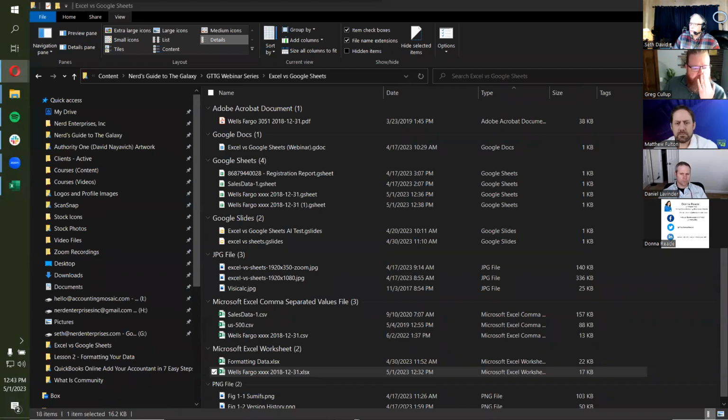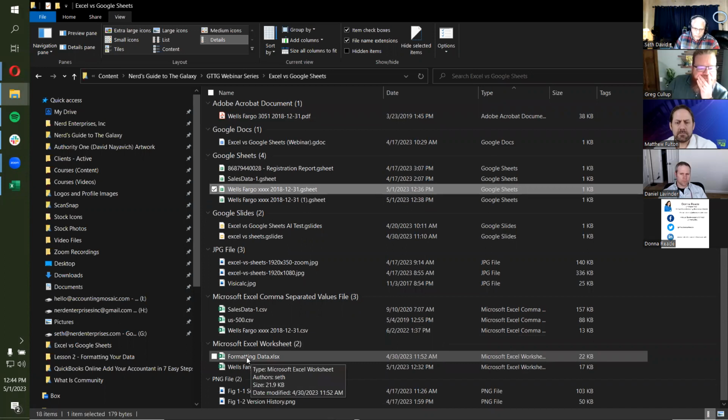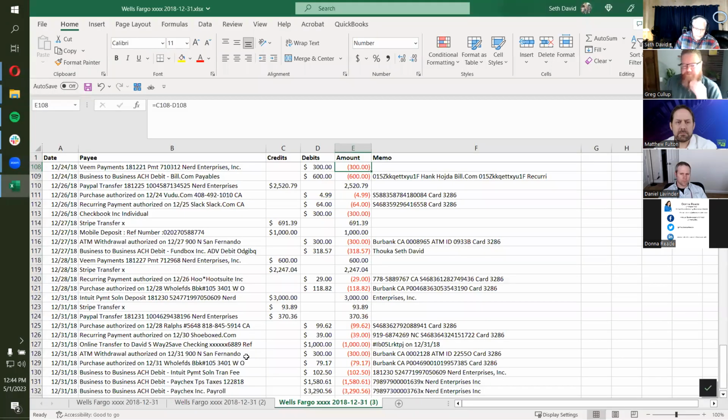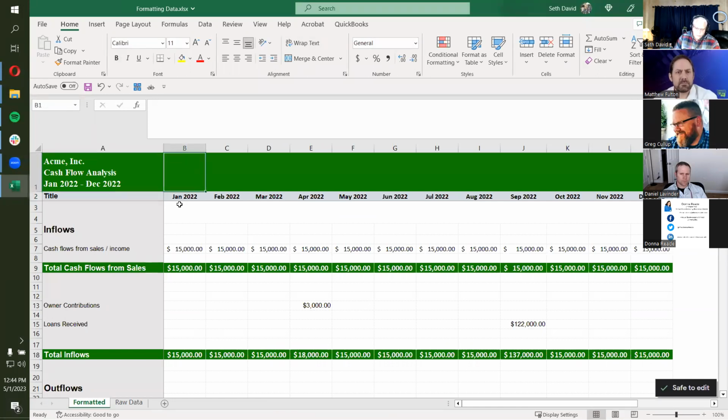And I'm going to open up something else on my other screen for quick reference here. Okay, we're going to look at the simple cash flow analysis now. And the purpose of what I'm going to do next is to talk about formatting a little bit. I'm going to open up this formatting data spreadsheet in Excel. Okay, and what I did was I've got the formatted version here, right? And you can see how nice that looks.